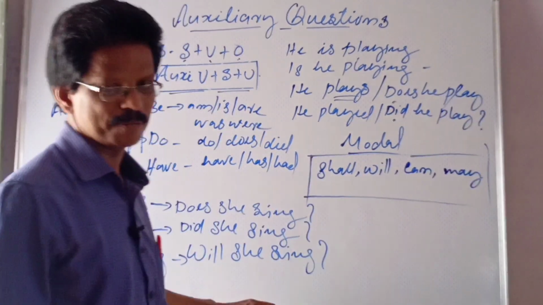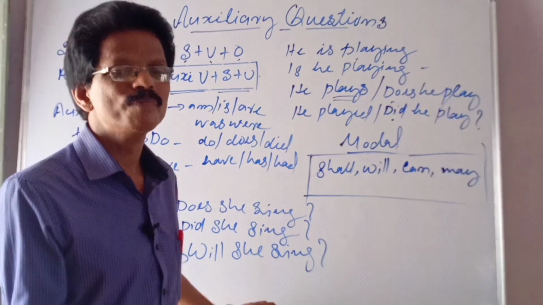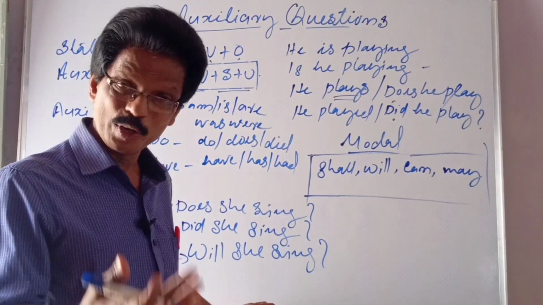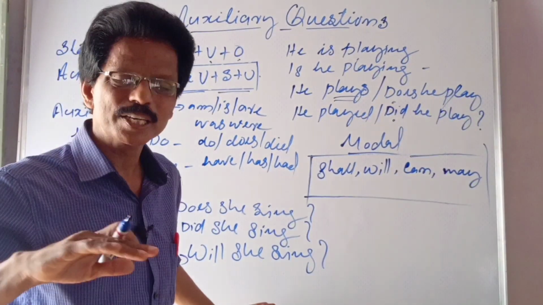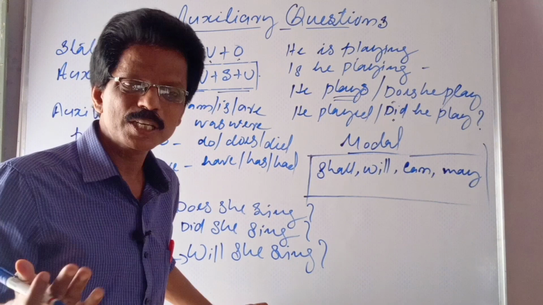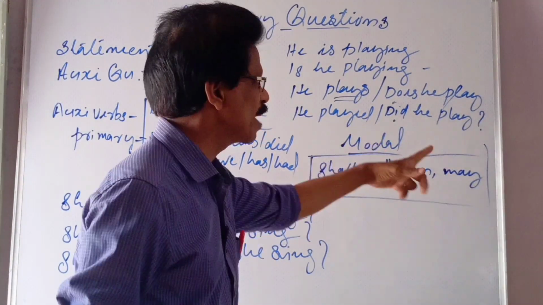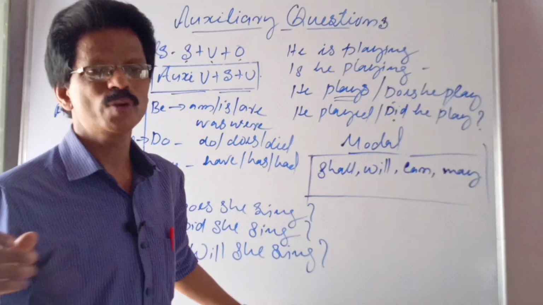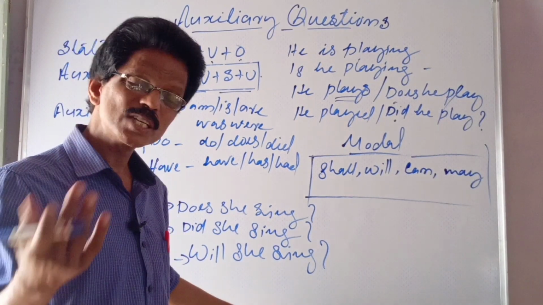Might is more polite. Okay, now, say, could you please give me your pen? Would you mind coming with me? Is it not so? Could you come with me? Could you give me a book? See, instead of can, could means a little more friendly way. Could means a little more polite. So, if you know the use of shall, will, can, may, all these four, at least you can make any kind of sentences asking. So the answer will be a statement.